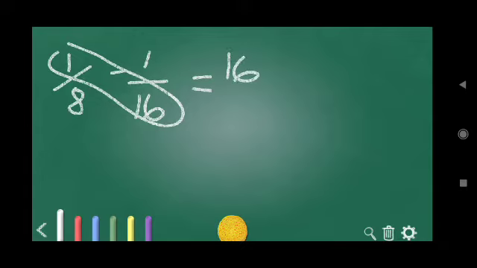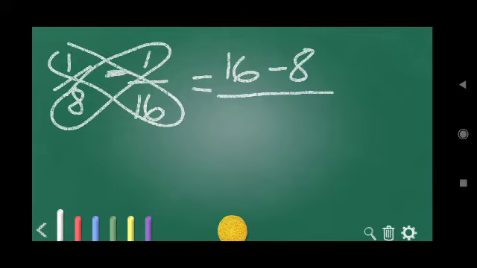Now this time, since the operation symbol is minus, this will be minus. Multiply 8 times 1 is 8 over, you have 16 times 8. Same process as with the addition. You have to multiply the two. 16 times 8, that gives you